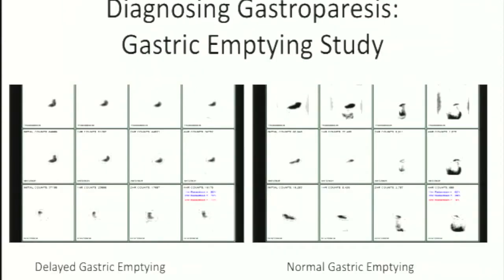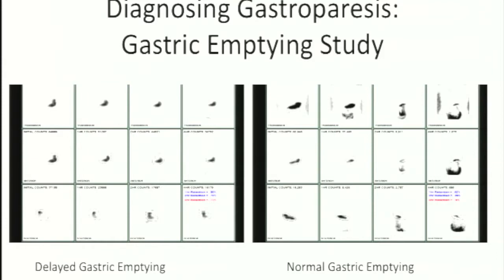Diagnosing gastroparesis is relatively simple with imaging tests. So the gold standard right now is called a gastric emptying scintigraphy, and essentially what you do is you eat scrambled eggs, bread, with some jam. So it's a standardized meal, and a little bit of technetium is cooked into the eggs. You eat the meal, and then at 1 hour intervals, images are obtained to see how much food remains in